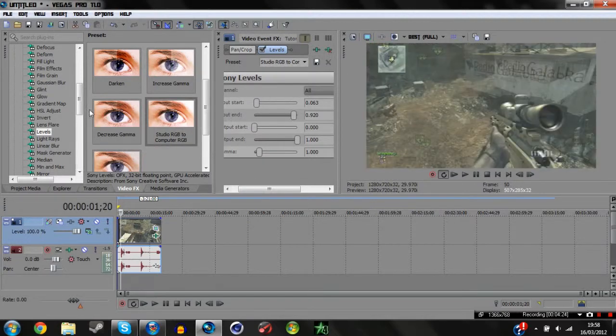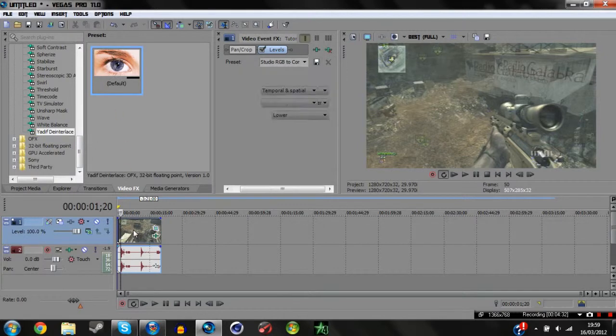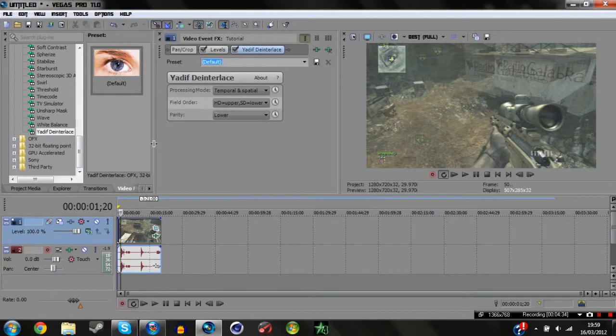Sorry, I'm changing that around. And then you want to come down to ZxSLx interlace, which should be there. And you want to simply click, drag that in, and change the parity to upper. Oh, sorry, lower, actually. And you should be missing all the lines,